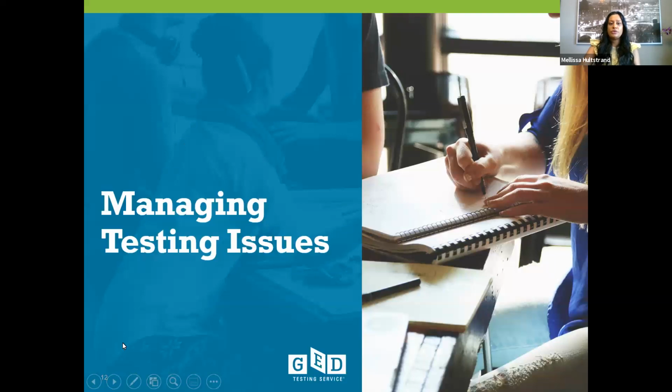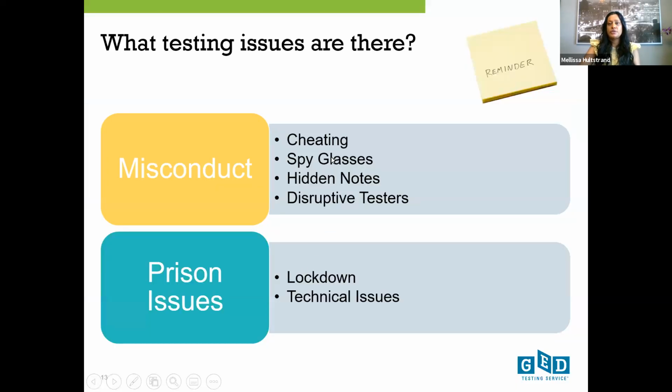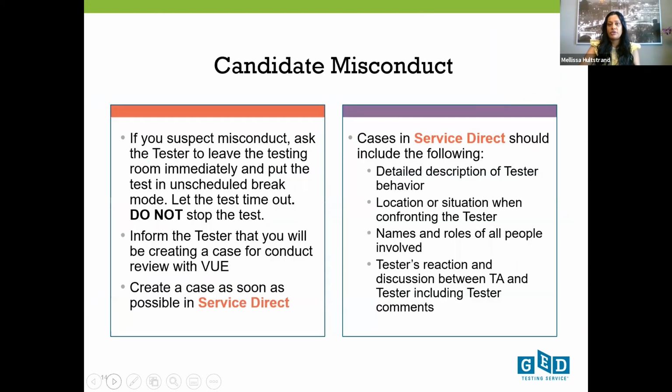Now let's move on to managing testing issues. So basically in correctional settings, there are two types of issues. There's misconduct that includes cheating, spyglasses, disruptive testers, and there are prison issues, which includes lockdown and technical issues. For candidate misconduct, if you suspect it, you should try to get the tester out of the room as soon